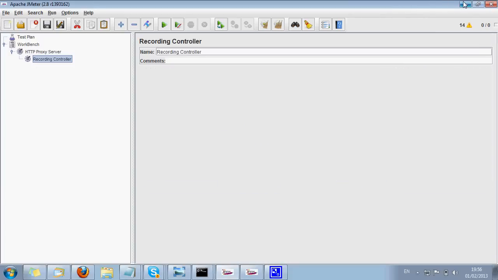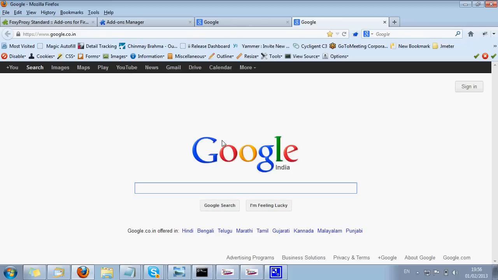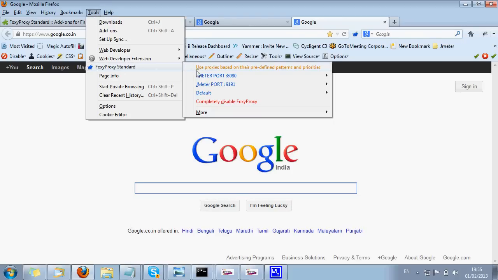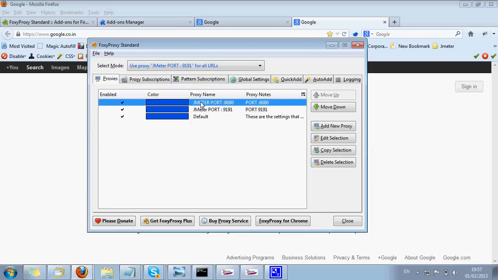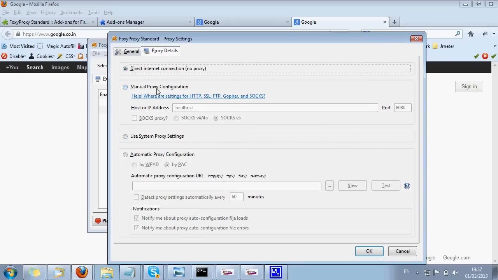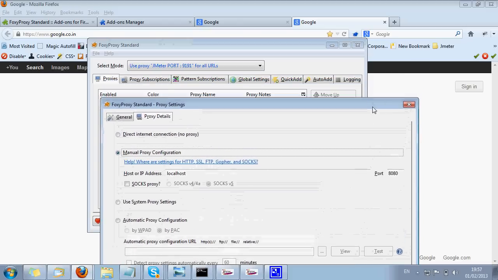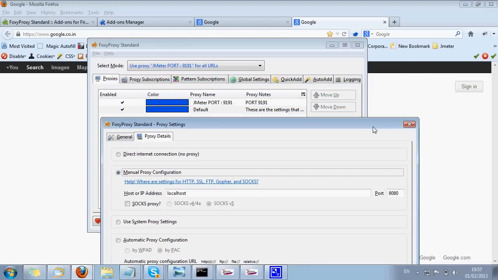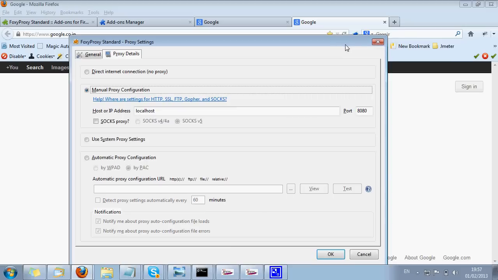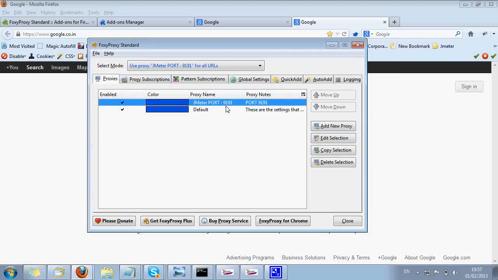So my next point would be, for clarity, I would like to delete this and I will make the default with the 8080 port, so that we can differentiate what got recorded under what, or which URL is using what proxy setting. Okay, so done. Now we have two, 8080 which is the default, and 9191 which is another proxy setting we have.